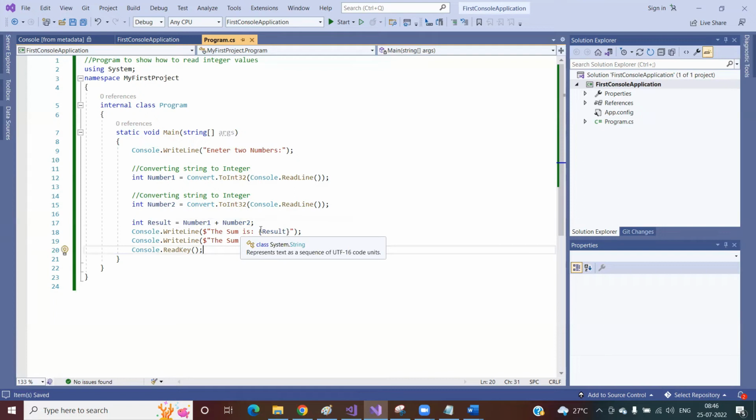See, I'm here showing the result in two ways, right? I'm using the dollar symbol here. So I can use curly braces to provide the variable's value, to display the variable's value. Even I can also use an expression. So using curly braces, you can display the result variable value. Even you can do some arithmetic operation, or you can put some expression and